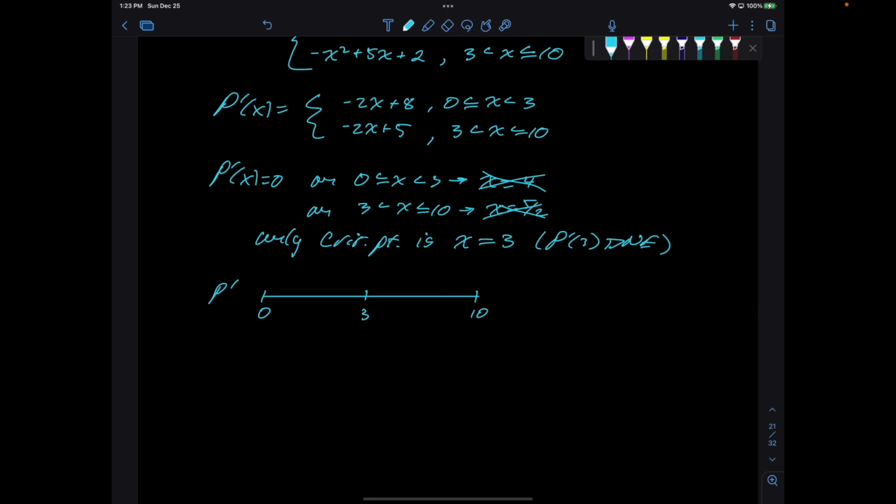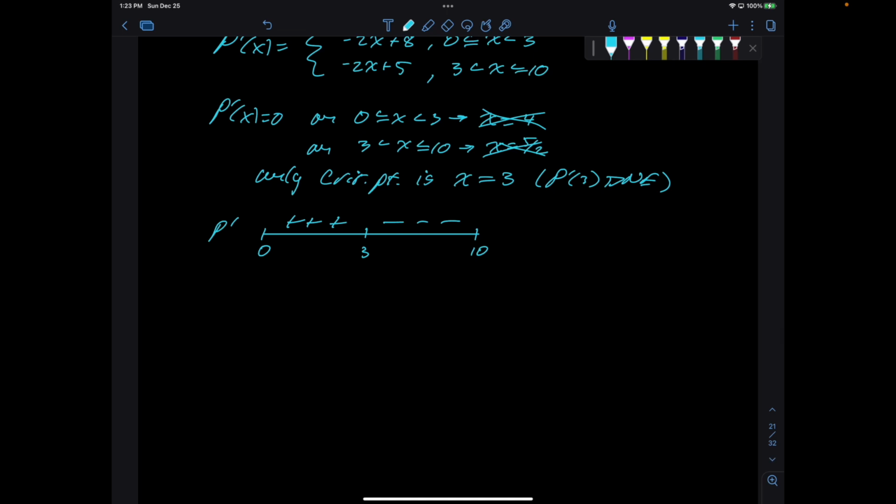So this is for p prime. Now, on 0 to 3, we can plug in anything between 0 and 3. Like 1 is between 0 and 3, and it gives us a positive. And then between 3 and 10, plug in any number between 3 and 10, like 8. 8 gives us a negative. Okay, so p of x has a relative max at x equals 3 because p prime